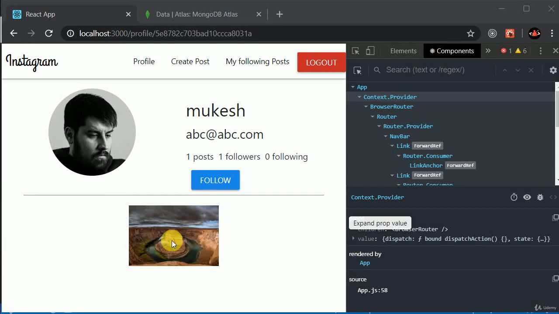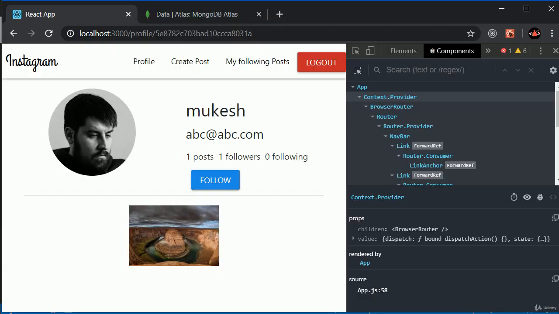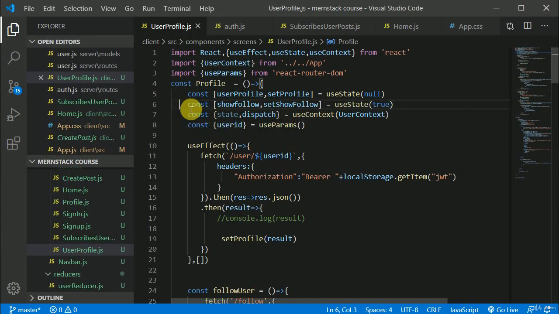So now, before working on this profile picture upload, there is an issue which I just got to know. If I am visiting this user profile, here I can see we have this follow button. Instead, I should see unfollow. The reason for that is, this is our local state and the value of this is getting destroyed when we are navigating to another state, right? So we should not hardcode this value to true or false. Instead we should write some better logic.